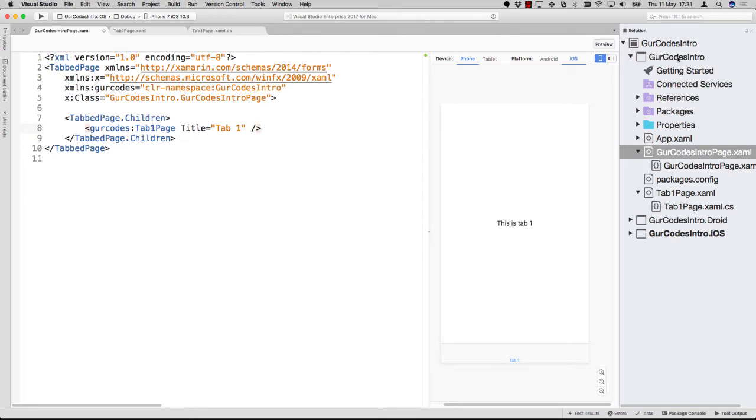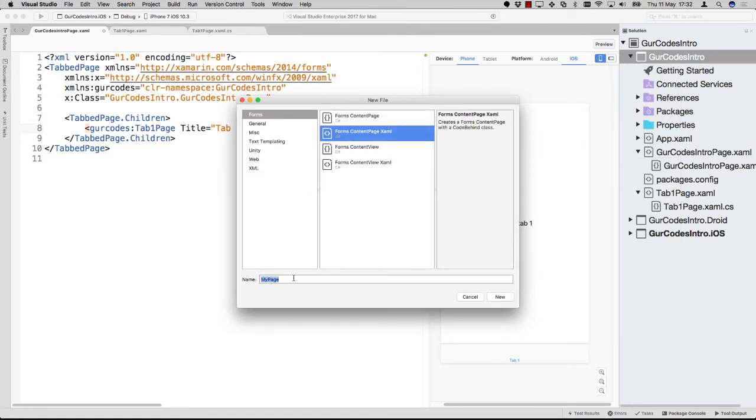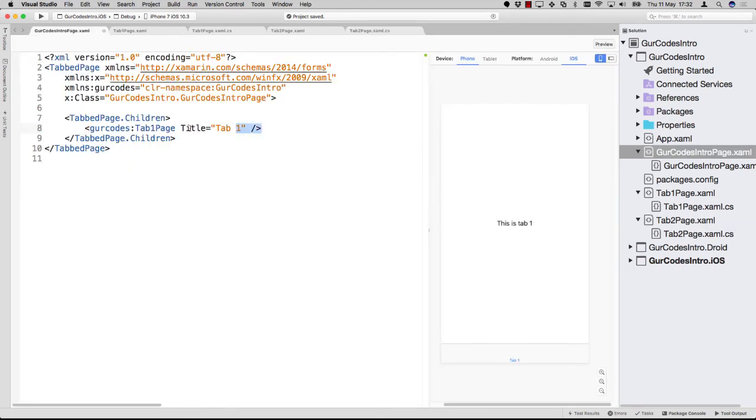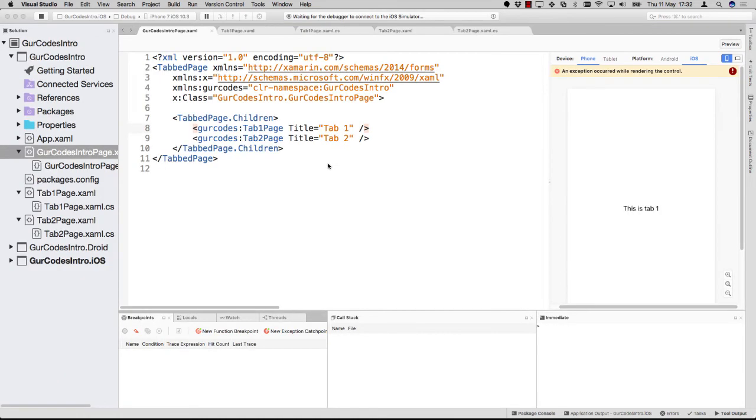Also, if you would want to add another one, just repeat the same trick. Add new file, content page, Tab 2 Page, new, and we can just copy and paste this, Tab 2, and the Tab 2 page, and this would just be a blank page, so I can switch in the previewer. But if I just run this now, it will bring up the iOS simulator in a little bit,